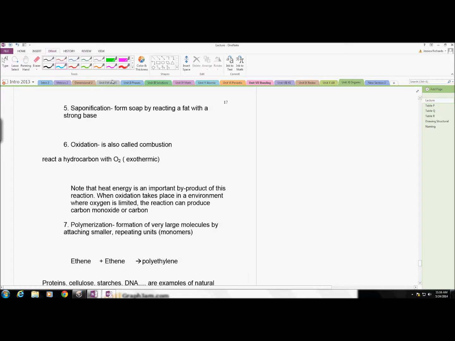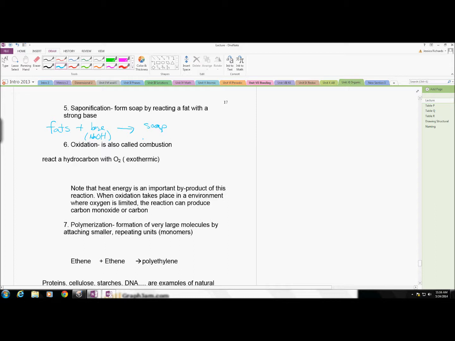Saponification is going to be the formation of soap. So we're going to take fats, which are various different molecules and usually very, very long, plus a very strong base. Typically, you're going to see sodium hydroxide here, turning into our soap, which will have one nonpolar end and one polar end, which is going to help it to dissolve both polar and nonpolar products,